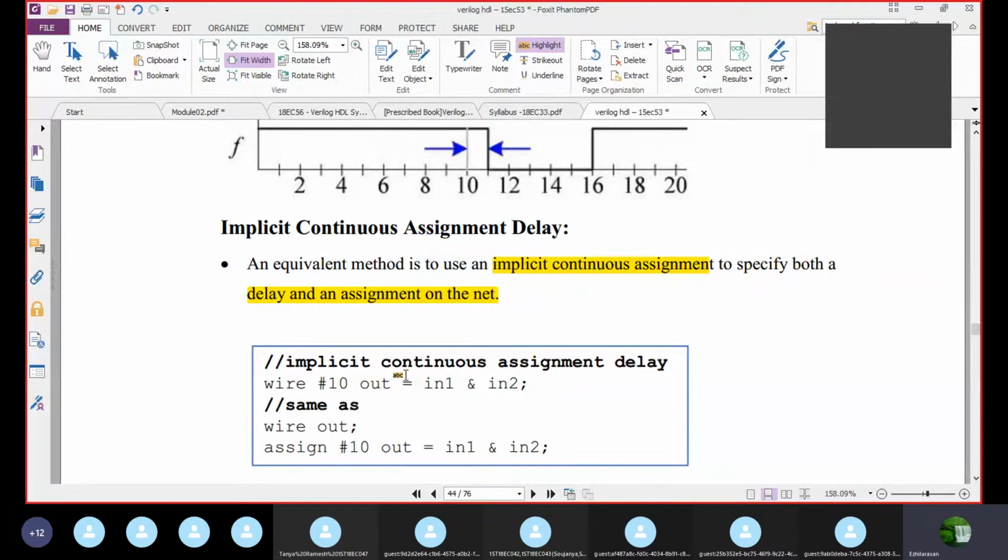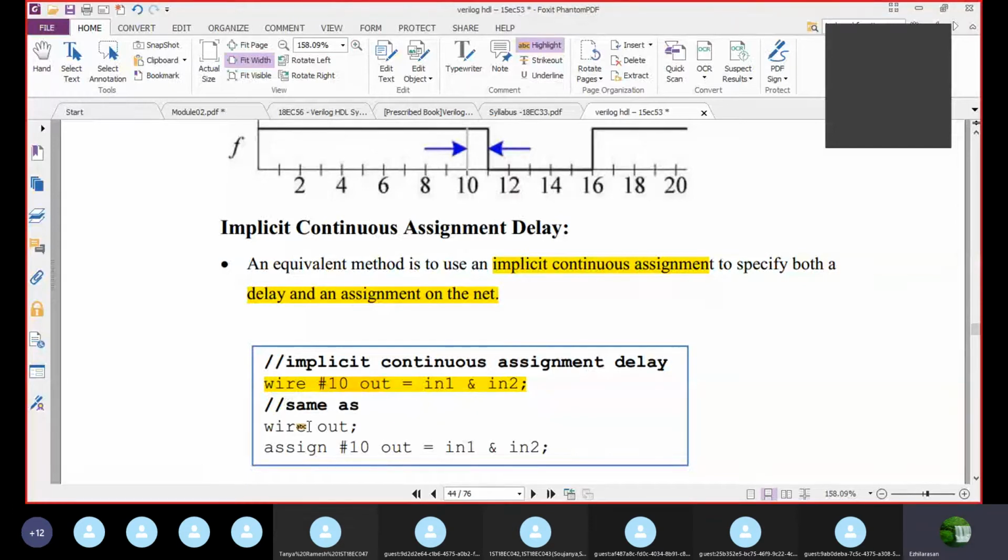So simply, the implicit continuous assignment delay we can write as: wire #10 out = in1 & in2. Now you see, this is your implicit continuous assignment. How can I write this in another way?